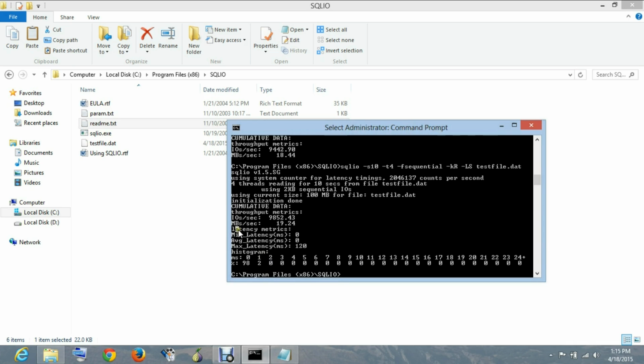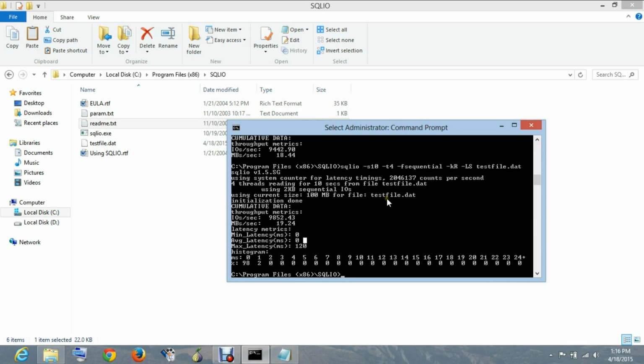Now this is the latency that we get. The minimum latency is 0 and so is the average, even though the maximum latency is 120. So even though the maximum is 120, the minimum average is still 0, because it is a very rare case in which you get a latency of 120.